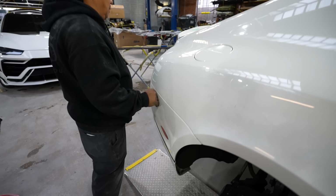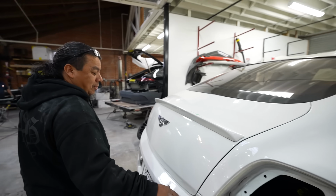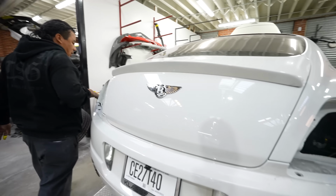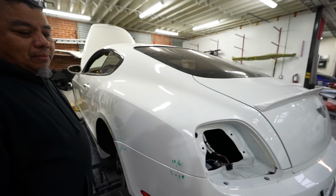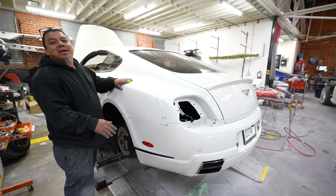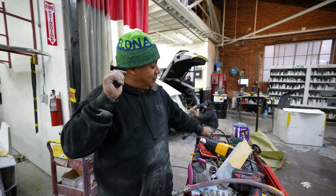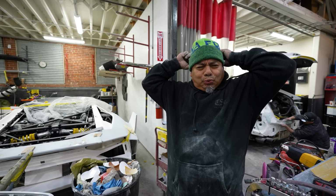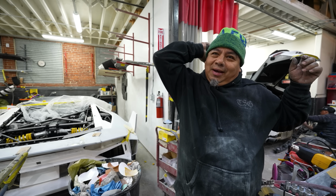All the lines. See, from right here? Factory or, no, somebody put the bumpers on. See right here? Same thing. So we figured out how to make it fit better. Killing time. Snap on? No. Scratches? It's just